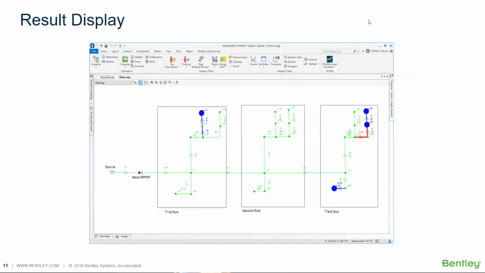And what you can do then is watch what's happening. You can run these animations where every time somebody opens up a faucet, the colors change and it shows the path the water takes. And you can do some really cool things in water age and such. And you can do all sorts of graphs.